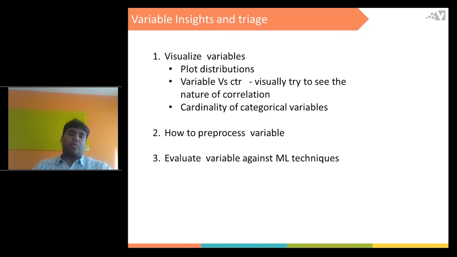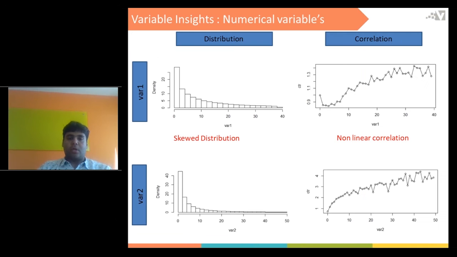In this particular slide, I have plotted 2 numerical variables. Variable 1 is on the top and variable 2 is on the bottom, and I have plotted the distribution and the correlation of both the variables. As you can see, both the variables have a skewed distribution, it's not uniform, it's a left skewed distribution.